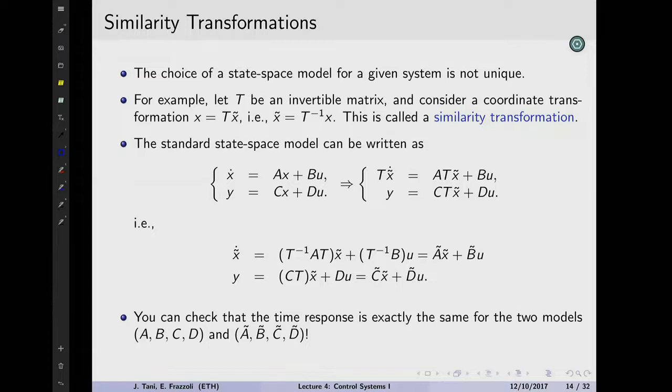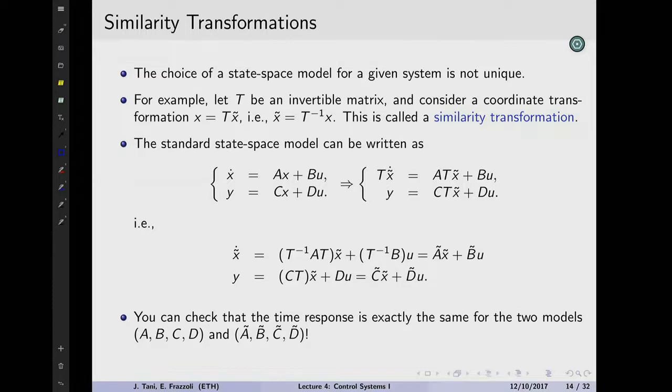So up to now, we said, look, if we had these diagonal matrices, we could write the answer in a neat way, and we took a bunch of conclusions from there. And at some point, when we introduced the state variables, we said there's many different choices of state variables you can make, right? State variables are something that contain memory, that contain energy, or we said something wishy-washy like this. But really, there's infinite representations that one could have of a system. And it's very easily seen through similarity transformations.